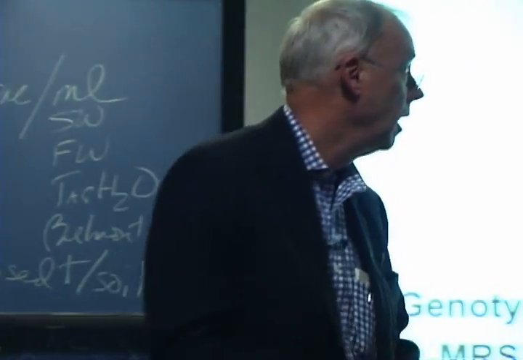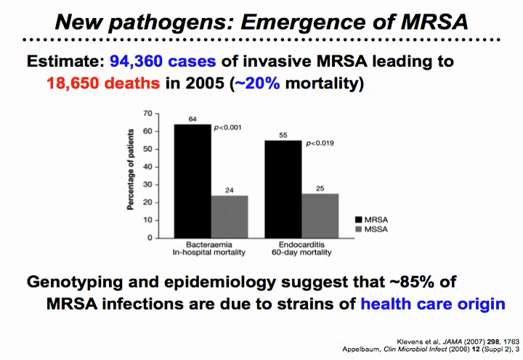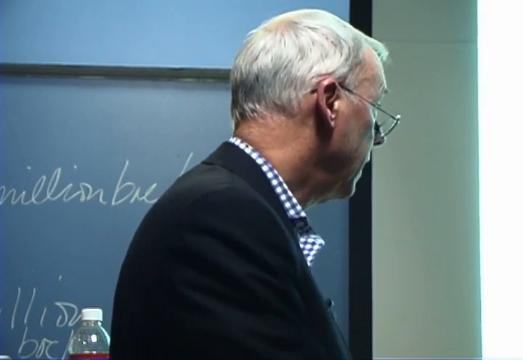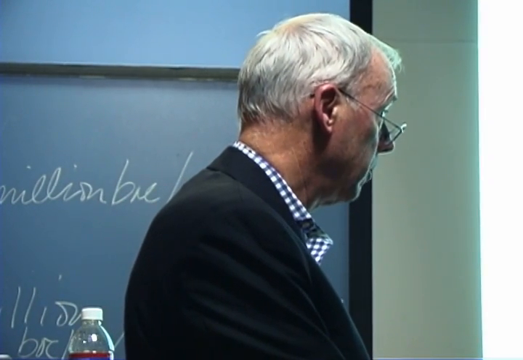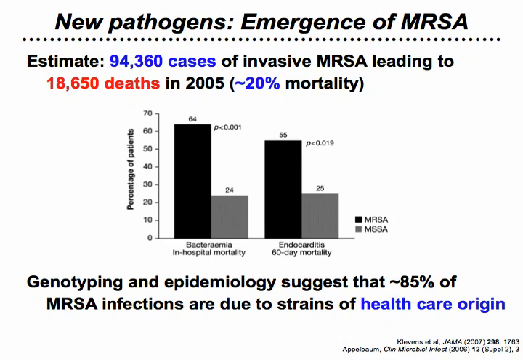Two examples of gram-positive bacterial pathogens that are a problem. So methicillin-resistant Staph aureus. I suspect you've all heard about it, but here's a snapshot from 2005 in which there were almost 100,000 cases reported in US hospitals with 18,000 deaths, a 20% mortality rate. Bacteremia, generalized infection of the blood, and endocarditis, infection of the inner lining of the heart, with methicillin-resistant staph: